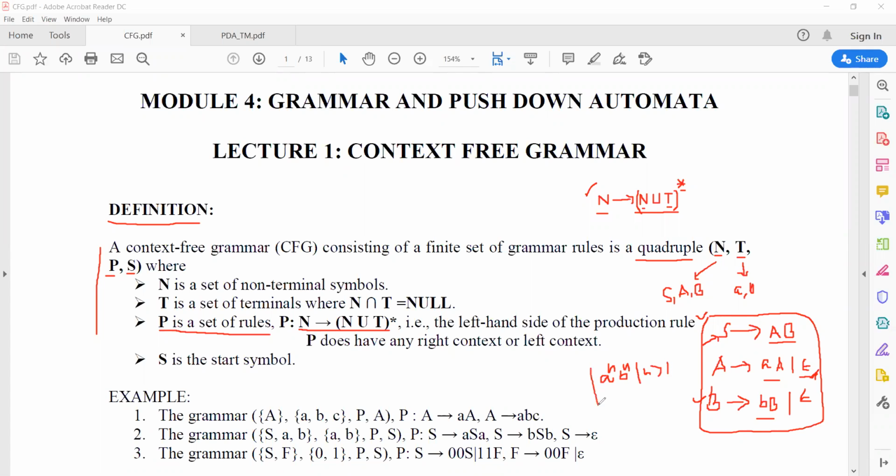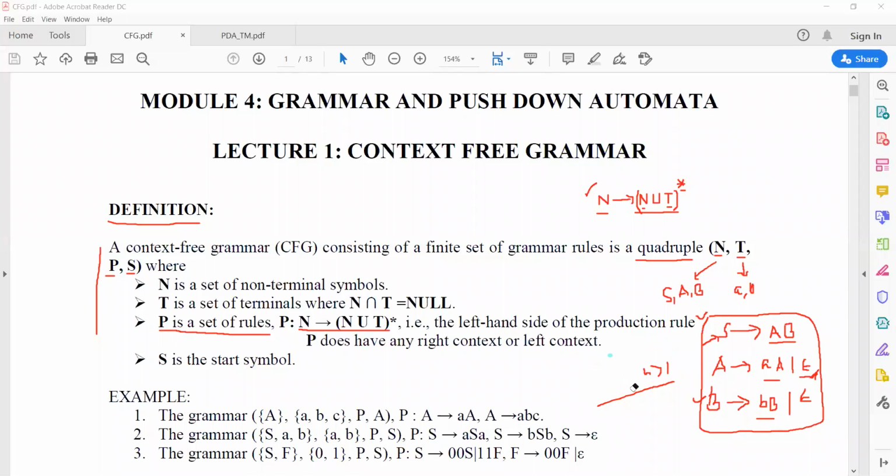So that will be the language that it will accept. It can be anything. You can decide what the production rule is. It can be any other option of production rule for this type of language, which will be accepted by this particular grammar. But it has to be in the context-free grammar production rule form.